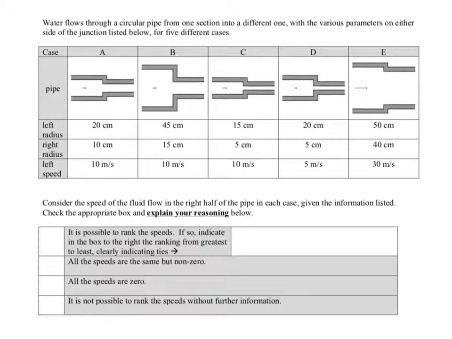So we're going to be looking at the speed of fluid flow in the right half. And for this, we're going to use the equation of continuity, which tells us that the density times the area times the velocity is constant. And this is coming down from the idea that the same amount of volume of water must every delta t move from here